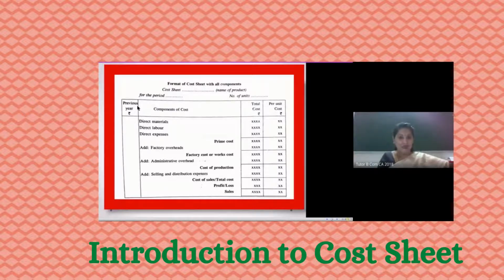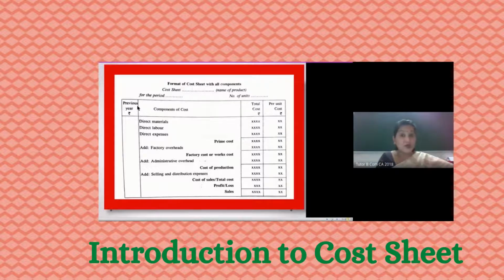The administration expenses may include the office management expenses, the salary of a manager, and the maintenance of the office space, expenses connected with maintenance of the office space. All these can be brought under the category of administrative overhead. And when we add that, what we get is called the cost of production. So we got the total cost that is involved in the production process.